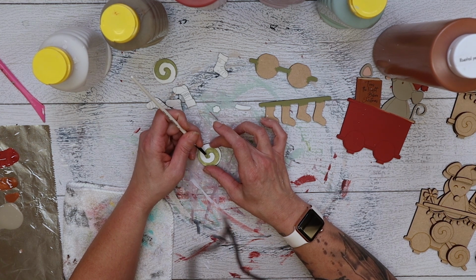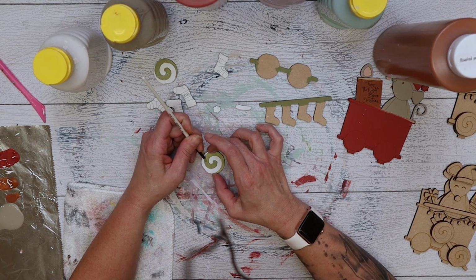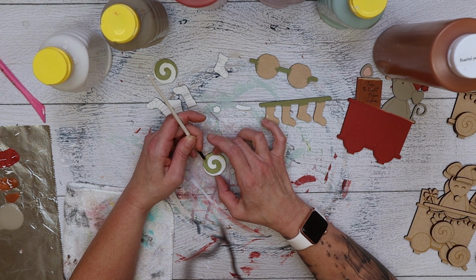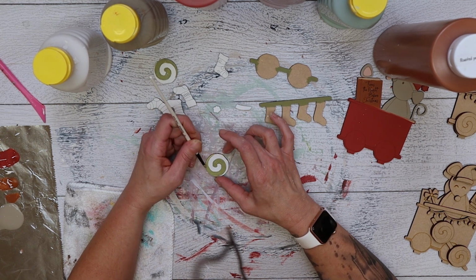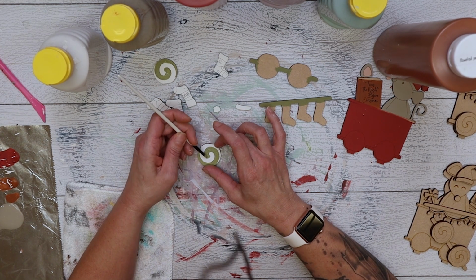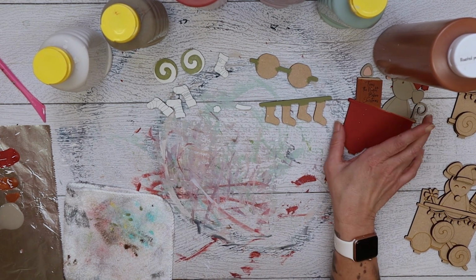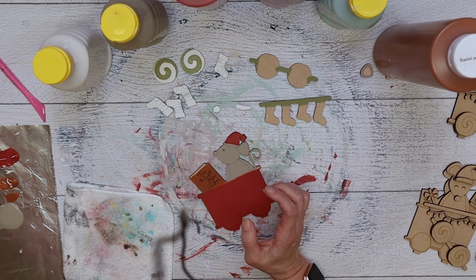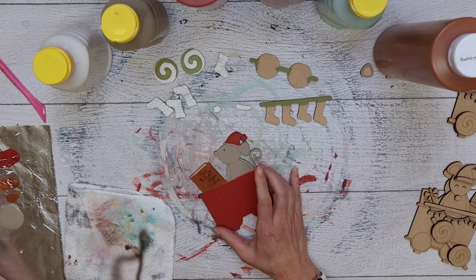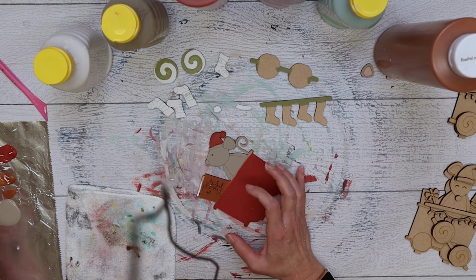I'll do that here. There you go. So we'll let that dry. Let's see, what else do we got? And put some white here. This was from my explosion. I haven't fixed it yet. I don't know that I will. We'll see when it all comes together if you'll be able to see those. I'm sure you will on the book, but